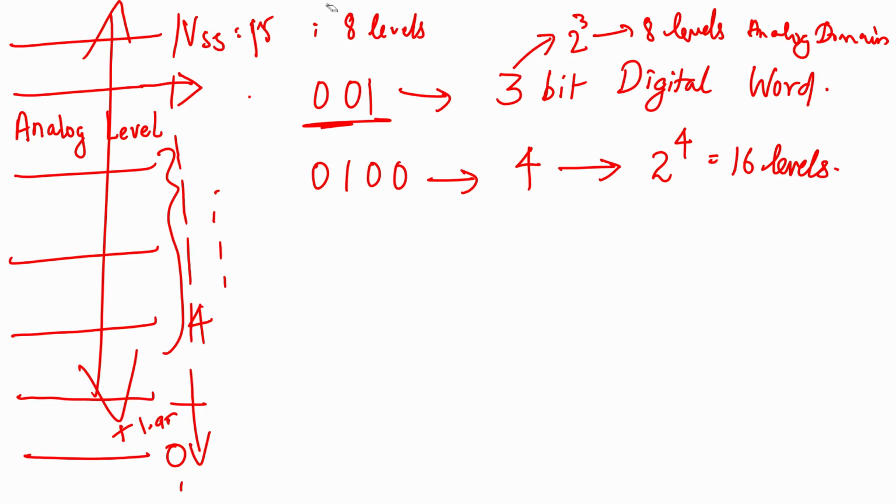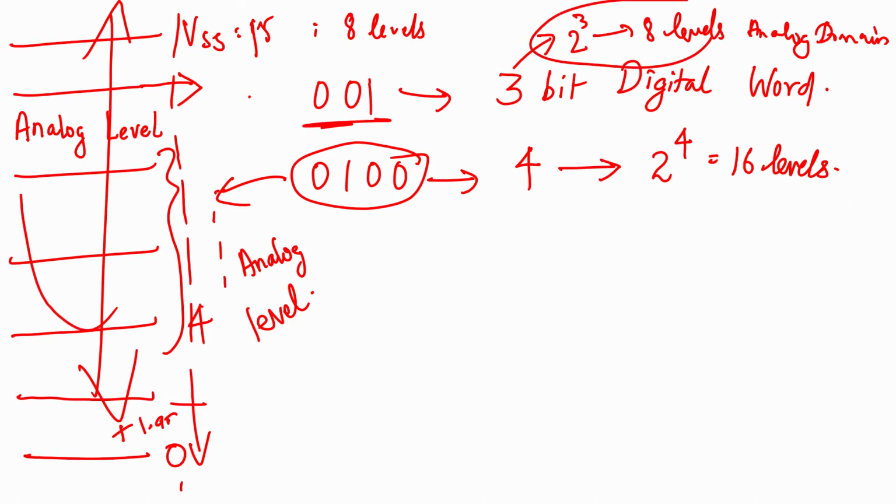This is analog to digital conversion. Now let us say we have a digital word like this. How do we find out in reverse what was the analog level that it corresponded to? Again I am reiterating, this is a practical course, so I am not going into the details of formula or anything, just intuitively we are trying to see how things work with an image and basic concepts, so that when you are making circuits, it all comes naturally to you.